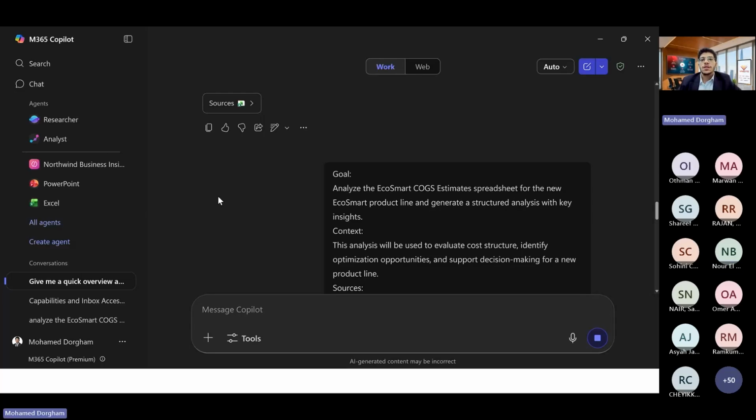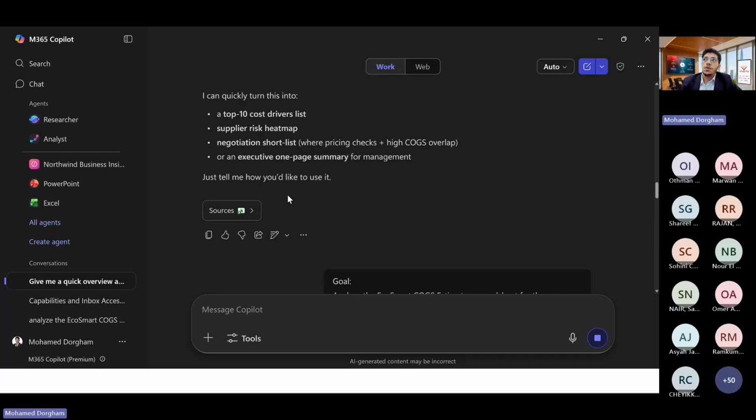Okay, let me answer this. It's not about whether it's a good source of information or not. With any AI system or tool you are interacting with, you should give it the context, the information, and the resources. For example, for Copilot, I give it all the resources that I'm looking for.